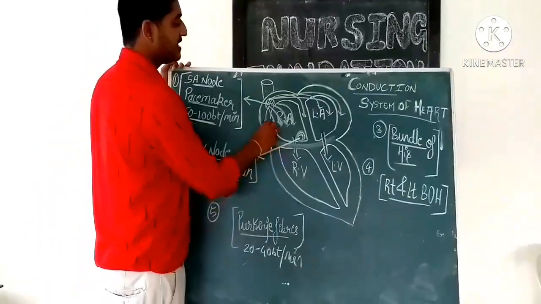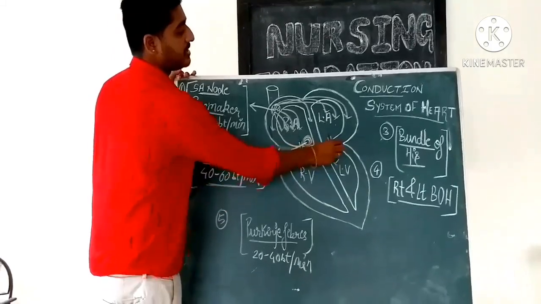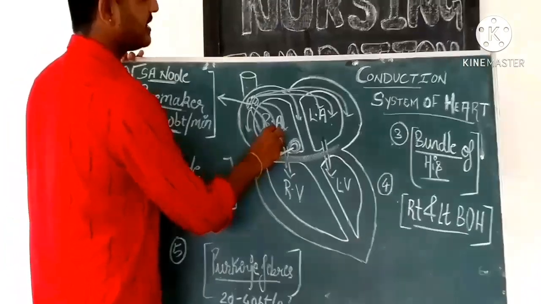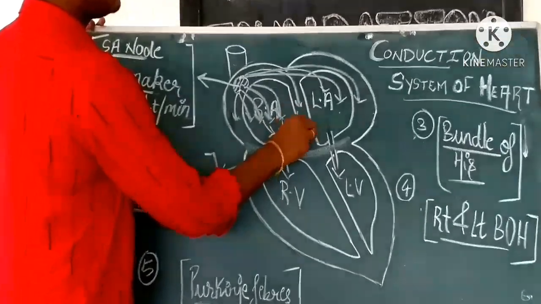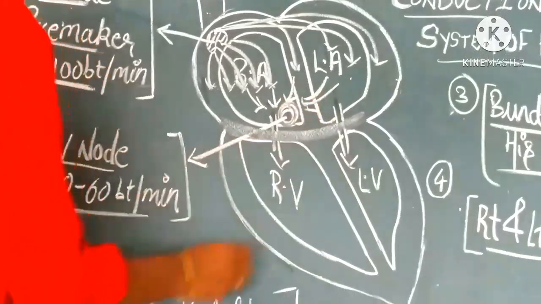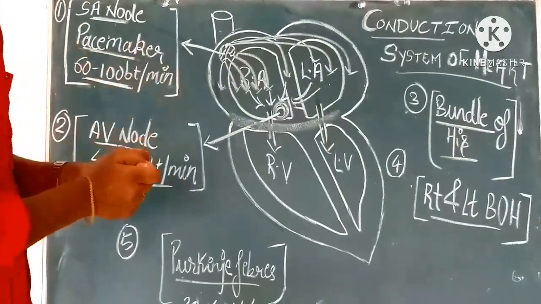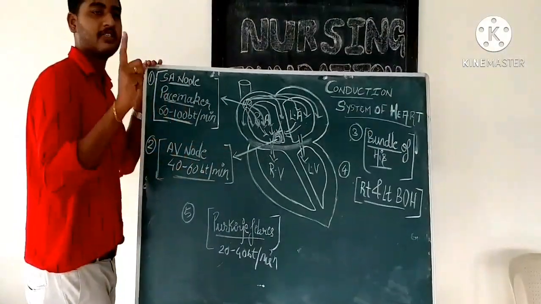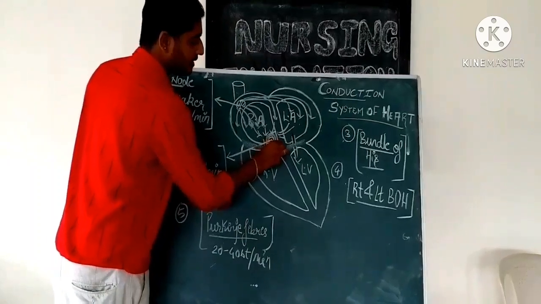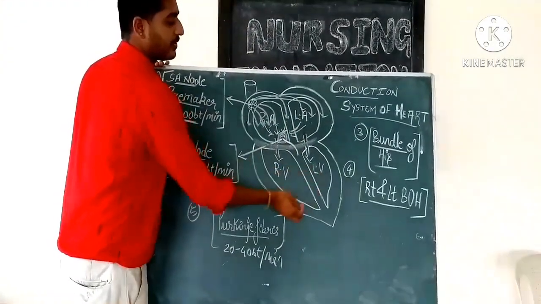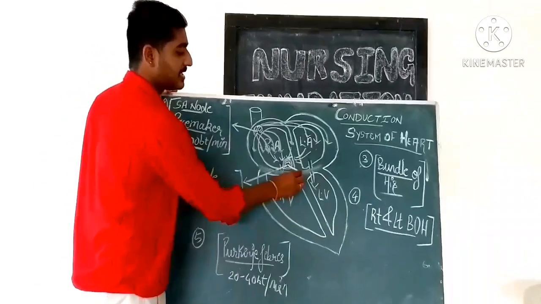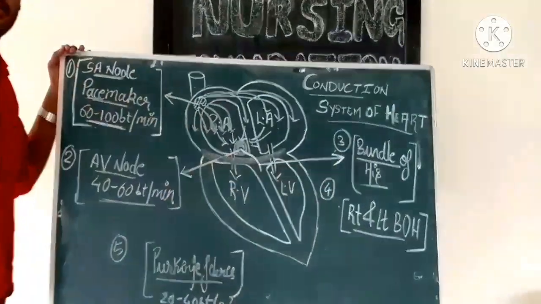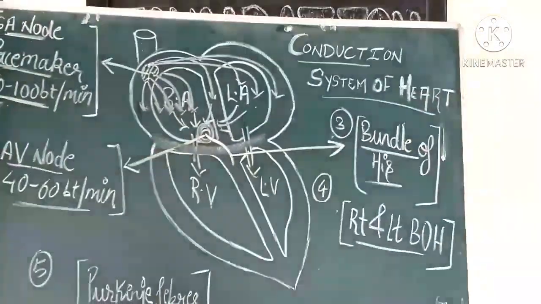Okay, so as many of the signals reach these fibers, they get neutralized or nullified. So many of the signals will be channeled towards the AV node from both the sides, and these signals or impulses will be collected by this AV node, and further the AV node will be sending them in a single channel downward between the interventricular septum. Now this single channel is called as the bundle of His.